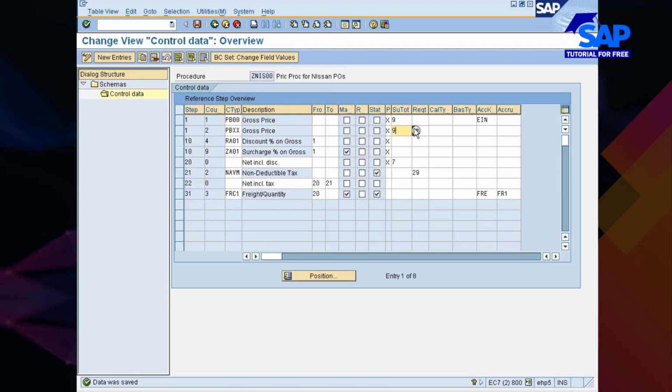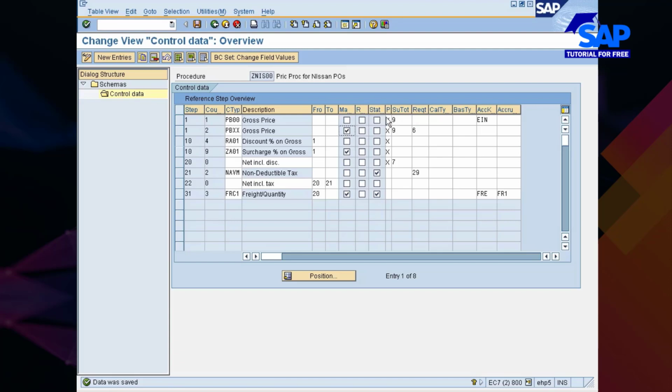And then you see your requirement routine, calculation type, and the condition type. Okay, these things we will discuss once we move on further. Now you see here there is something called manual, required, and statistics purpose. I would say PBXX is manual, so therefore I check this indicator manual. Okay.